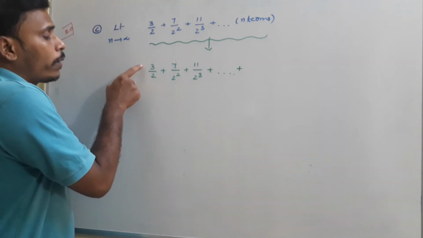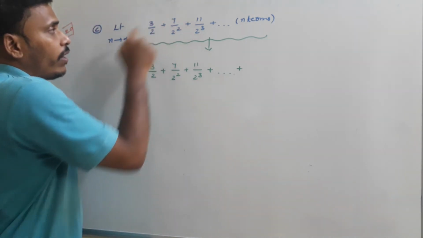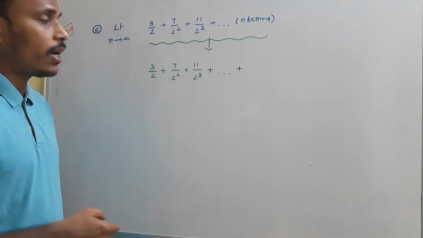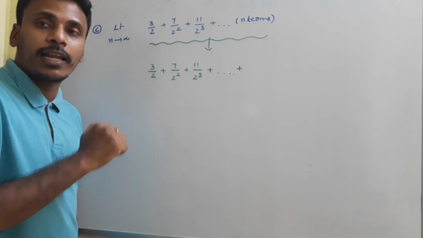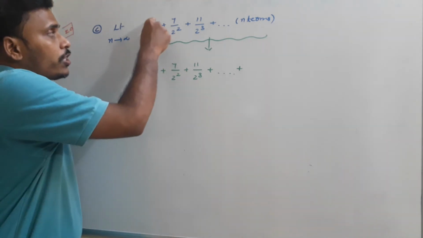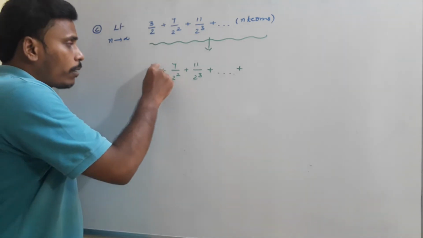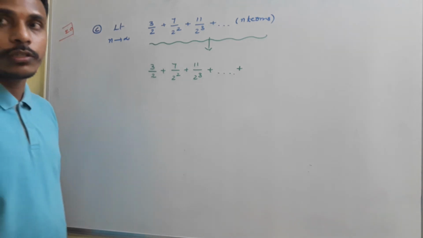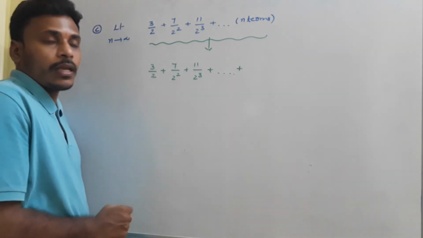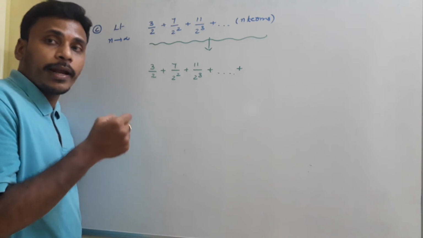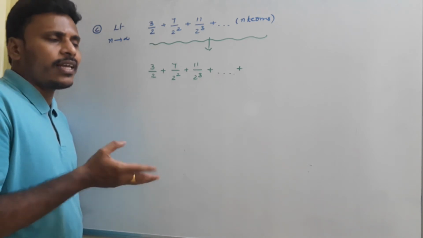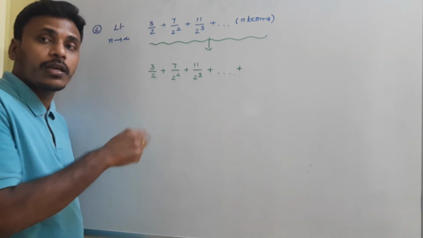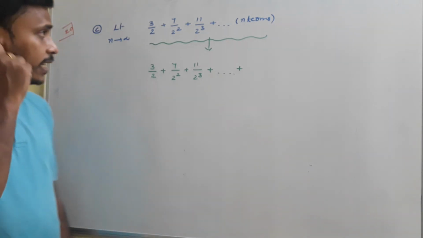See, when you observe the numerators 3, 7, 11, see 3 plus 4 is 7, plus 4 is 11, like that it goes. That in the sense the numerators are forming an arithmetic progression. Whereas along with this 3 we have 1 by 2, this 1 by 2, 1 by 2 square, 1 by 2 cube and so on. They will form a geometric progression. At the end, this type of sequence is usually known as arithmetico-geometric sequence. Okay. See, initially at limits we don't need the name, but we need the sum of n terms, and then we need to apply limit as n tends to infinity.